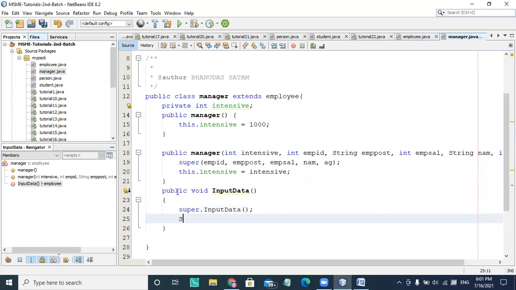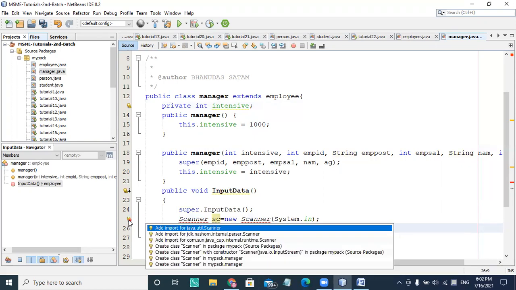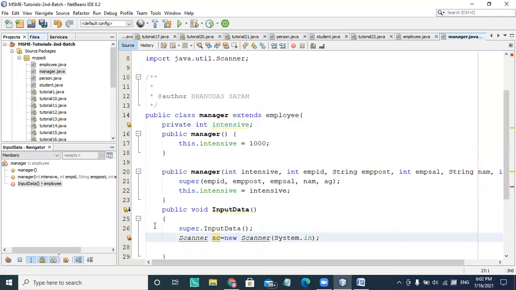I'm taking the scanner object here. So Scanner sc is equal to new Scanner, taking the value from the user here. So importing the respective utility.